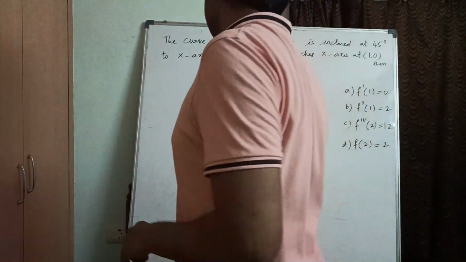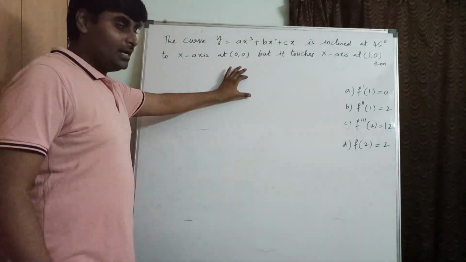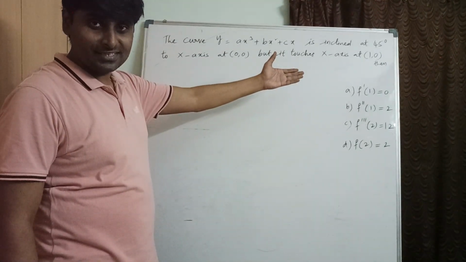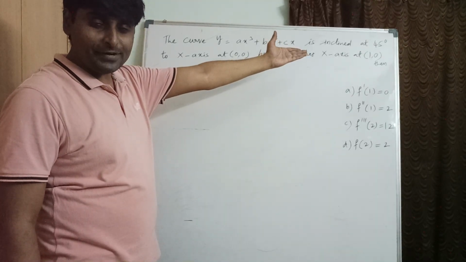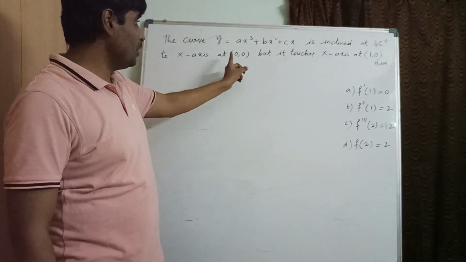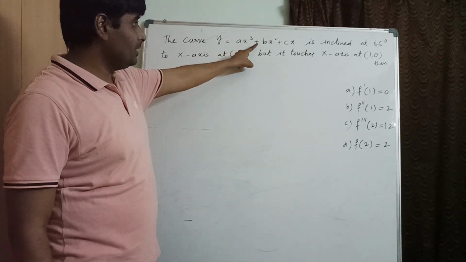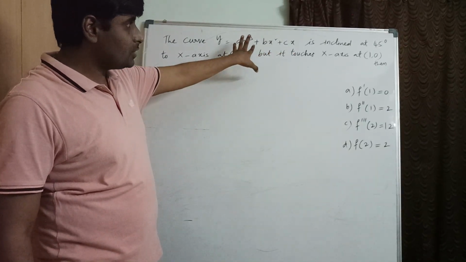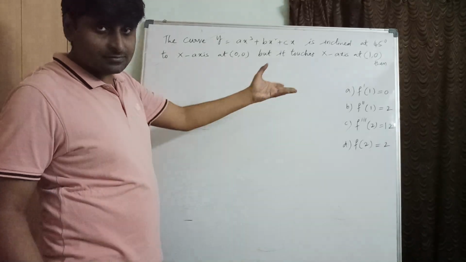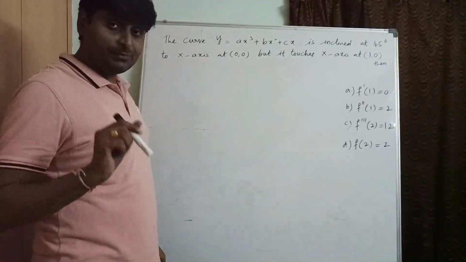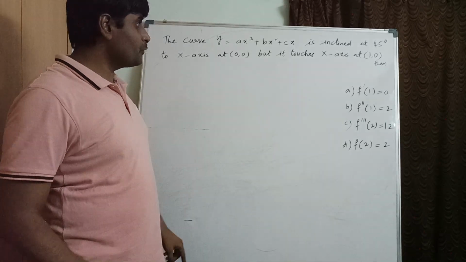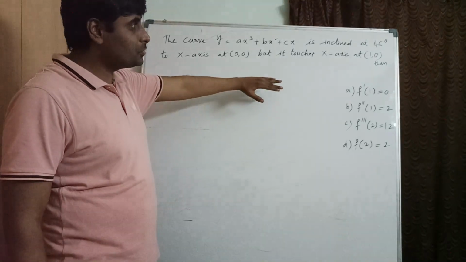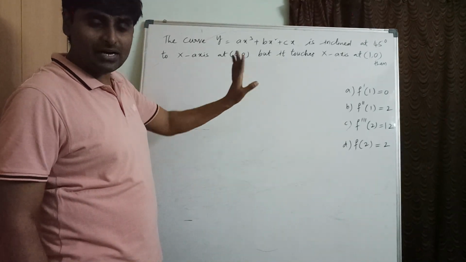Now see this question. The curve y equals ax cube plus bx square plus cx is inclined at 45 degrees. So there only we can understand. At 45 degrees means slope is 1. At which point? 0, 0. Means can I derivate this, substitute 0, 0 and equate that to 1? That's it. So for every problem, the thought process is very important. We have to get the answer in our imagination, right? Then we can reach the answer with our solution fast, right?